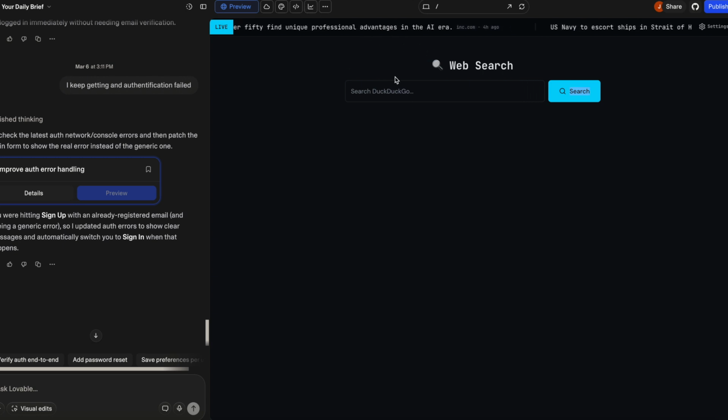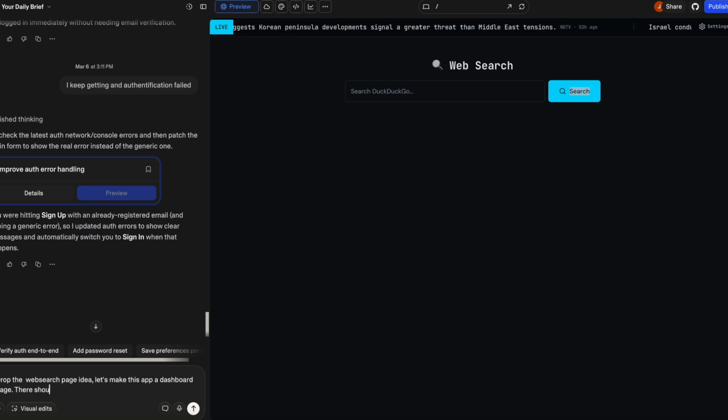Okay, so I already have a head start here. I was working on creating a news ticker that updated me with all the news I wanted, but we're going to abandon that and just create a dashboard page with basically every update I want from the world. So let's start by asking Lovable to drop the web search page idea. Let's make this app a dashboard page. There should be plus signs where I can either